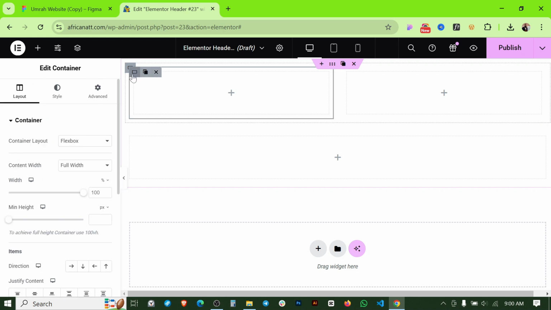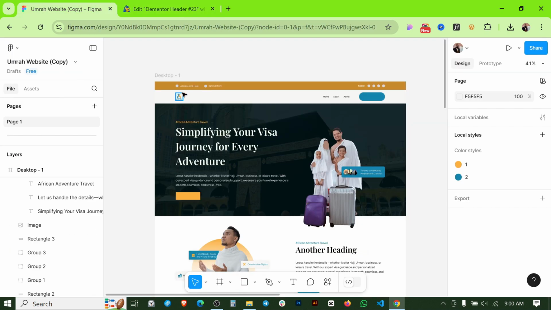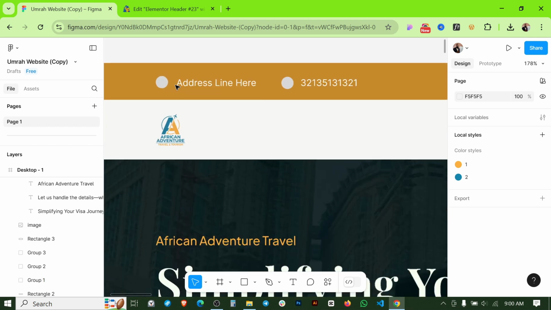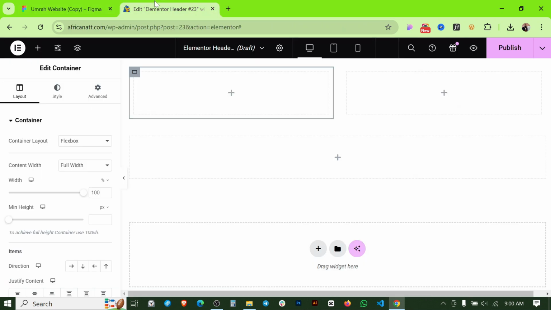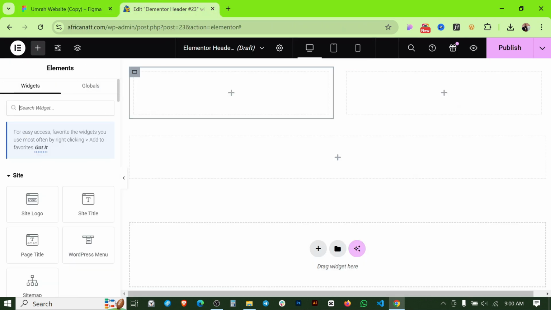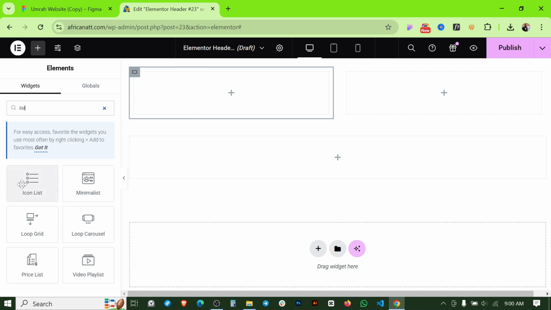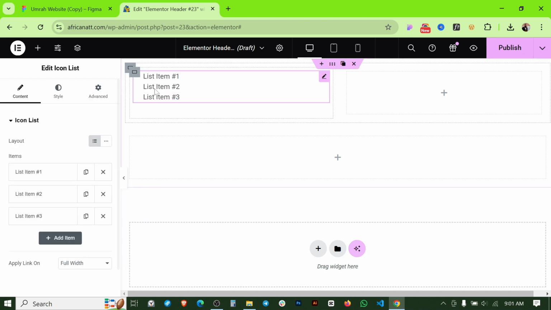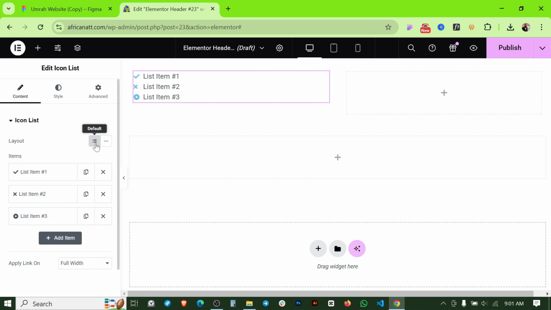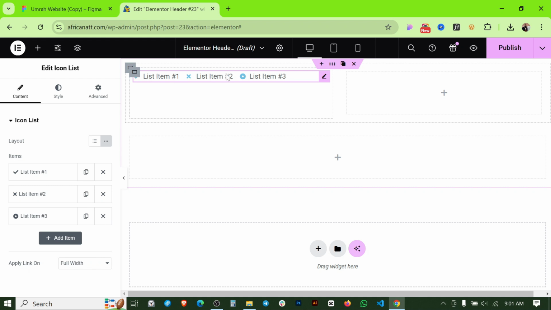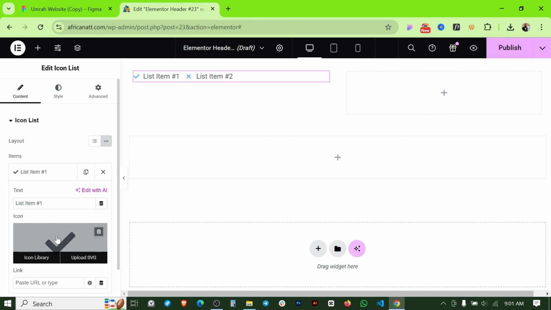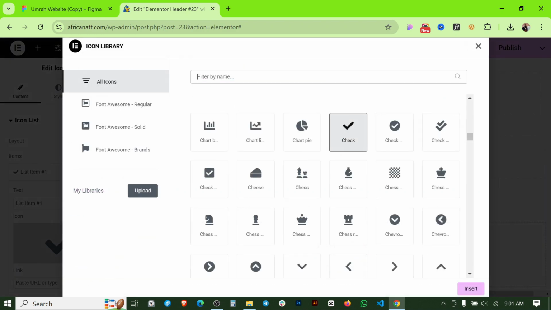So if I click here on the inner column, and I want to put one logo, I mean an icon and text, for this we have to use a widget called list. Now the icon list, I click here, drag and drop it here, and you can see it's coming vertically. And if I click here on inline, it shows that it becomes horizontal. And if I delete this one, because we need only two, I click the first one and let's click the icon